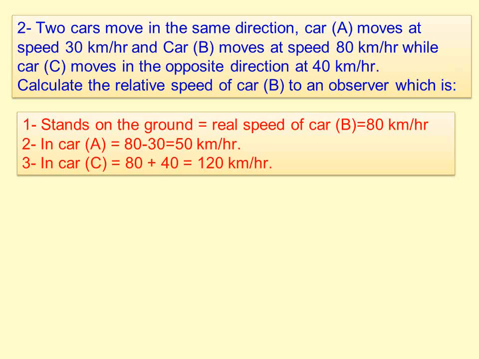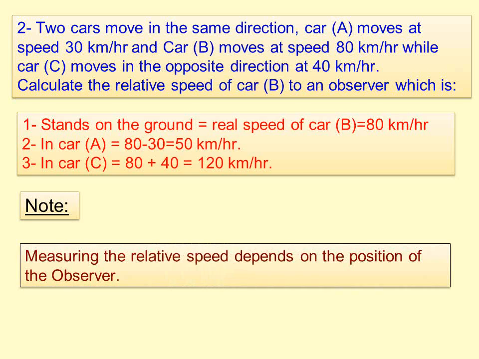If we want to measure the relative speed, if the observer is in car A, it will be 80 minus 30 as they move in the same direction. We will take 50 km per hour. And the last one, if the observer is in car C, it equals 80 plus 40 equals 120 km per hour. Note that measuring relative speed depends on the